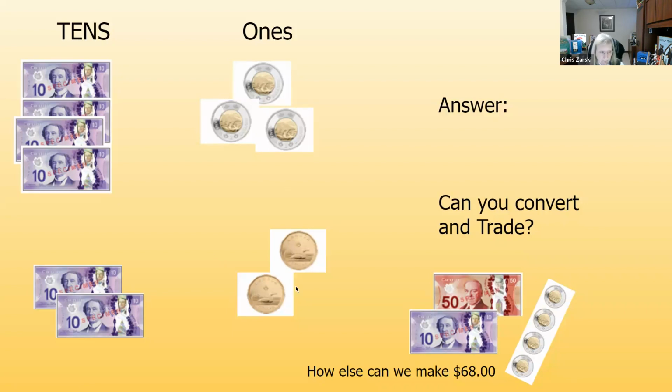But some students quickly said, but you could make this one look like these. You could make this a toonie. I said, okay, we'll convert our 2 loonies into a toonie. So I end up with a $50 bill, a $10 bill, and 4 toonies. And we can double check 2, 4, 6, 8, right? So I skip counted by 10s and skip counting by 2s as a quick check. Model, model, model. So then my question would be, just like we did 103 cents, is there another way that you could create $68? Could you have a different number at the top and a different number at the bottom? And when I added them together, I would get $68.